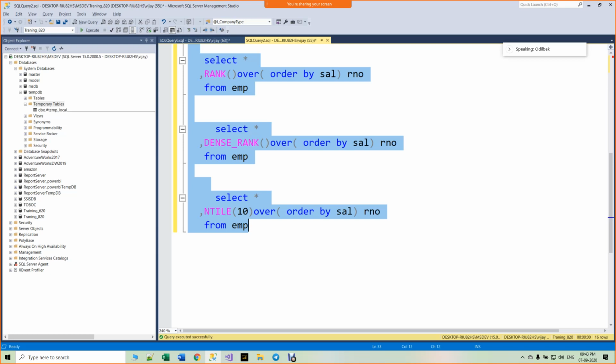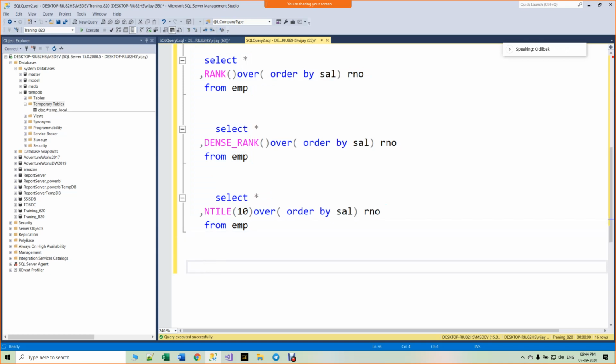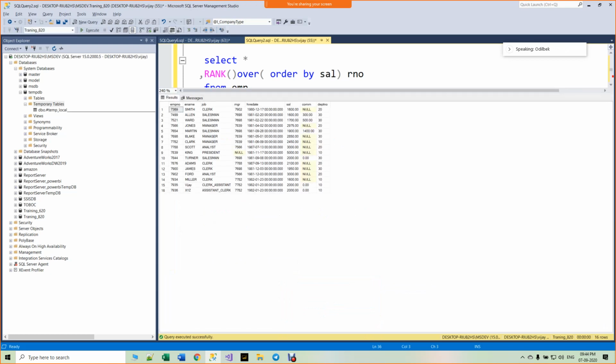Vijay, I don't have an answer for that. Okay. Did we talk about the top clause, right? It's very simple. I'll just show you guys. Top clause. This is the employee table. Select star from employee table will give the employee data.